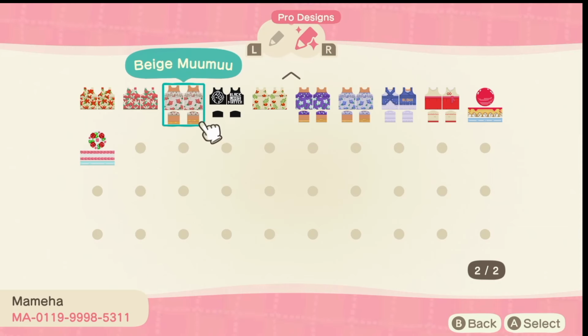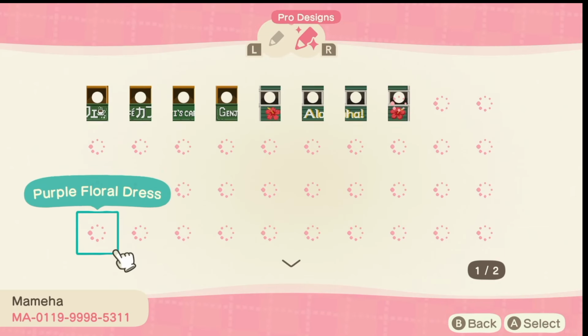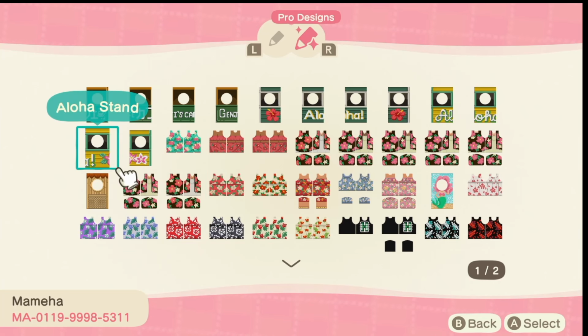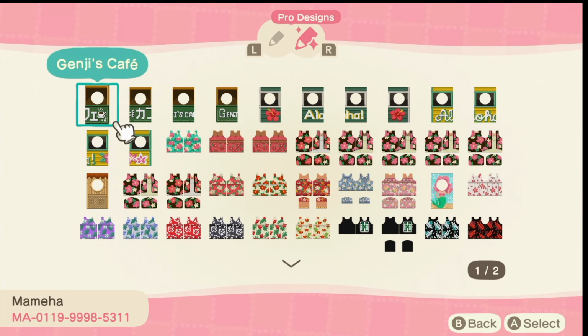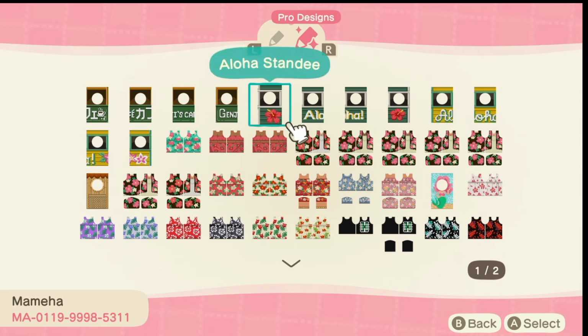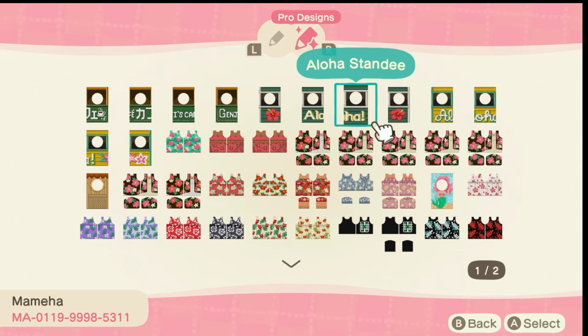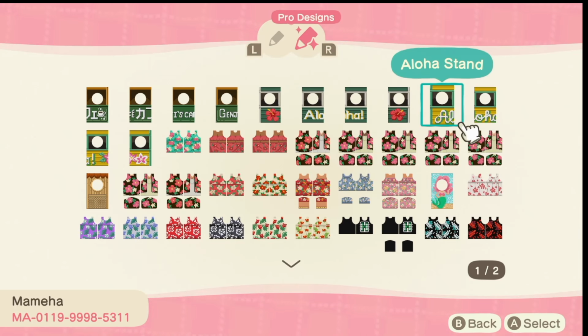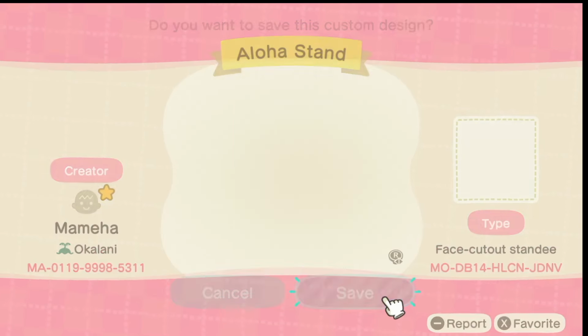Hibiscus. They had one that had a little yellow in it. I know the game has a hibiscus moo type thing too. And what is this? This is for coffee, I think. It says aloha with a little hibiscus. You could probably make this into anything you want. And same with this one. I actually like the yellow one better. So I think I'm going to save this too, just so I can make a little